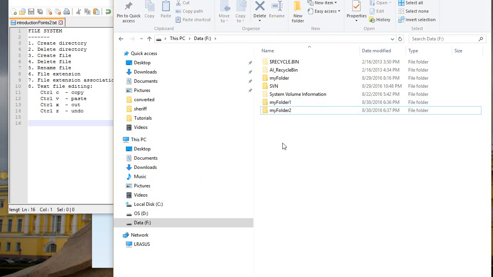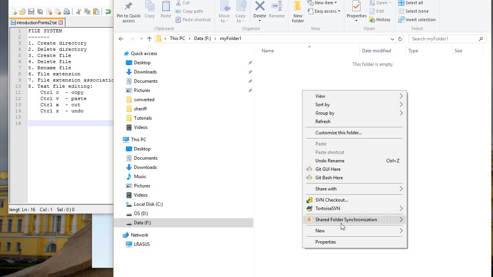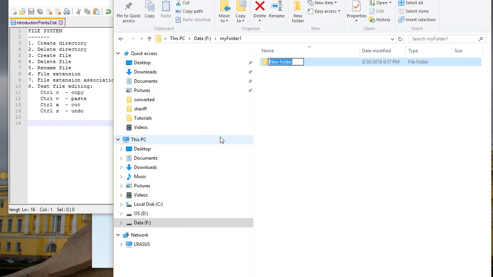So these are siblings, they're at the same level. Inside each folder you can create yet another folder. So that will represent a box inside the drawer, inside the cabinet, inside your house. So let's call it